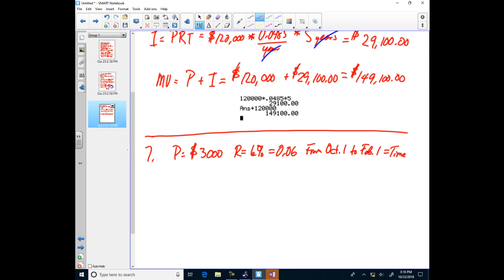So what's the first thing we're going to do here? Figure out time, the date. Yeah, figure the number of days Jose is going to have the loan. So probably the simplest way of doing it would be December the 31st is obviously 365. October the 1st is how many days? 274. All right, everybody look that up and got that? Okay, 274. Subtract, what'd y'all get? 91 days